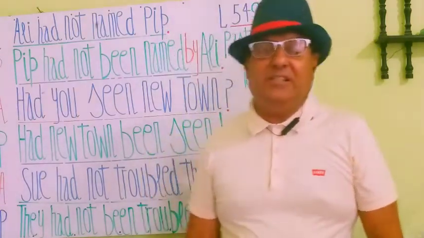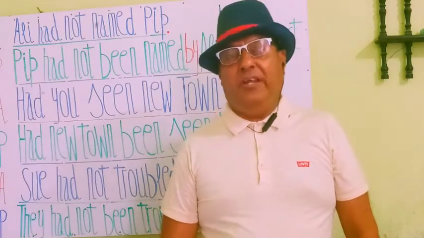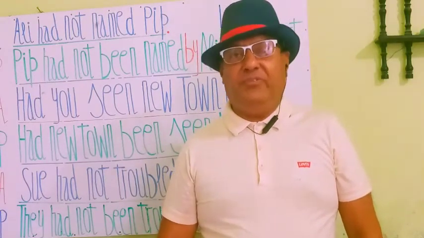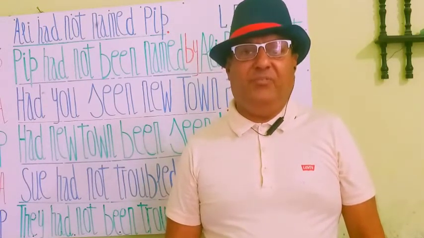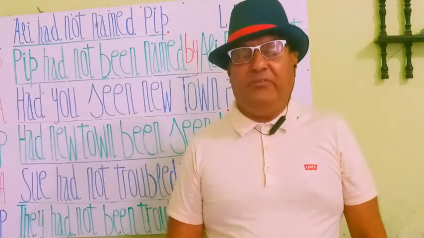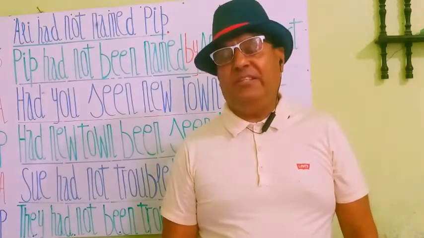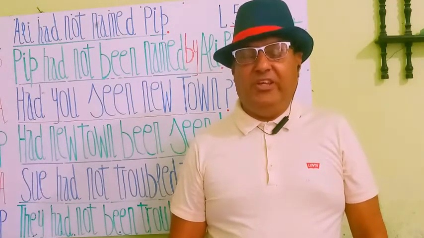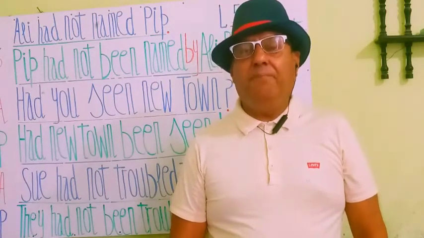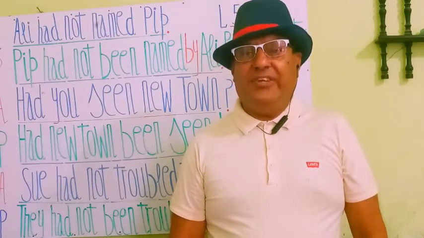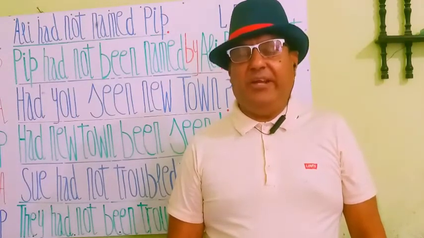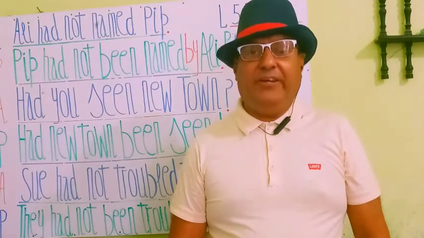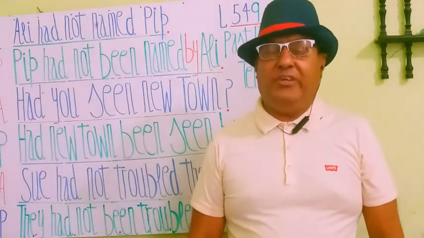So my students, these are very important statements in a past perfect tense. We have seen the negative statements, negative phrases, and one interrogative phrase. Make a good practice with these past perfect statements and their change to passive. Memorize these sentences and the changes from active to passive, how active statements are going to change to passive.